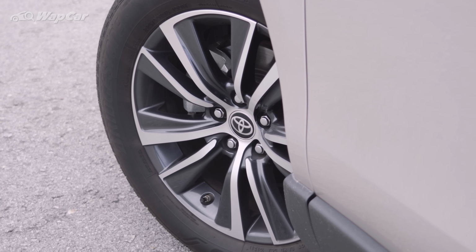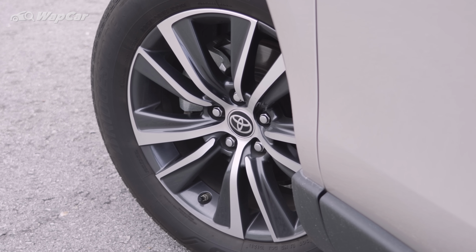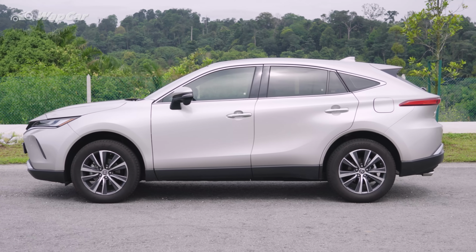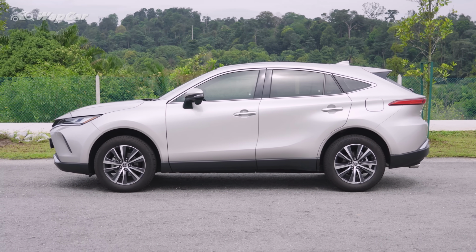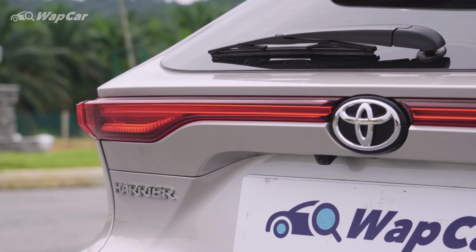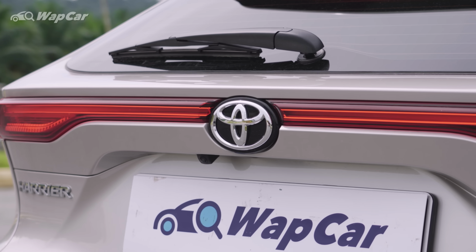Even the 18-inch wheels look perfectly sized on the Harrier. My favorite section on the Harrier's exterior is the rear overhangs. The angle that the roofline tapers off from the C-pillar meeting the bulges on the tail lamp and bumper. Everything about the Harrier is perfection, except...